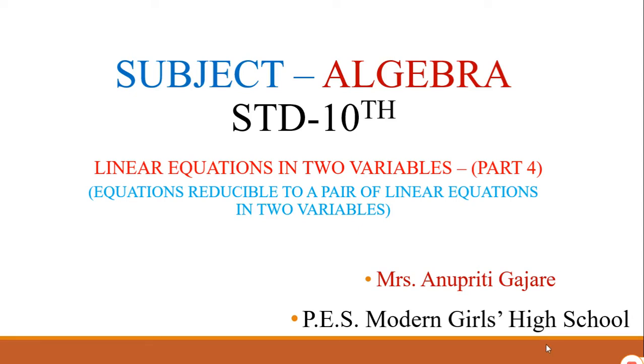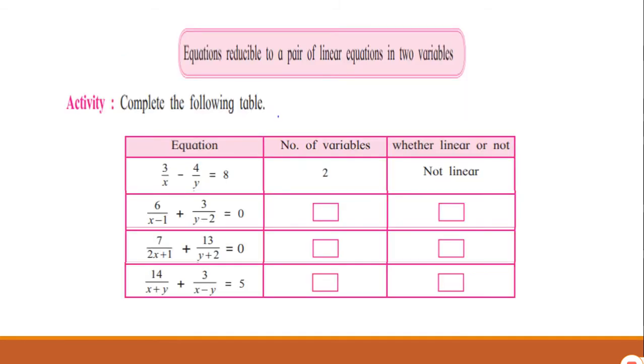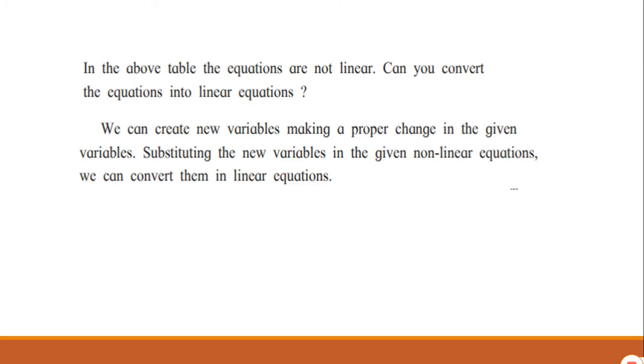Hello everyone. In the last videos, we have studied the elimination by substitution method, the elimination by equating coefficient method, graphical method, and determinant method, which is also known as Cramer's rule method, to solve the linear equations in two variables. Now, observe these equations carefully. Whether these equations are linear? No. These are not linear equations because after simplifying they will have the term in xy.